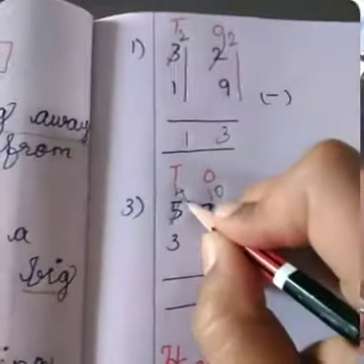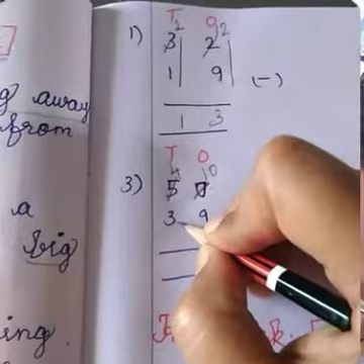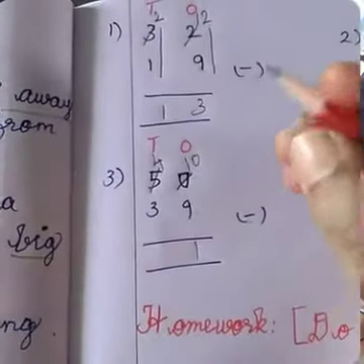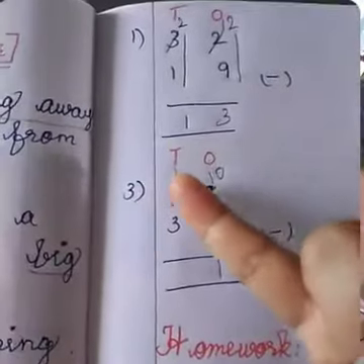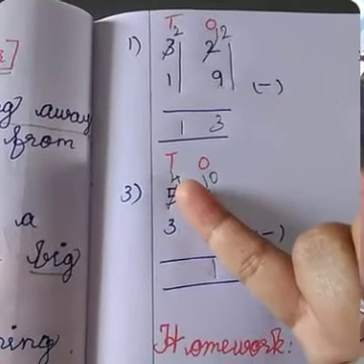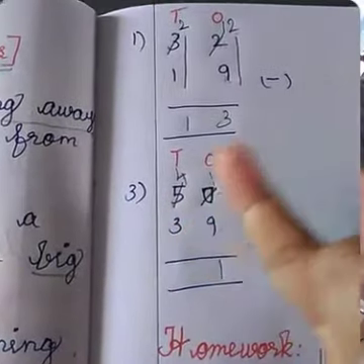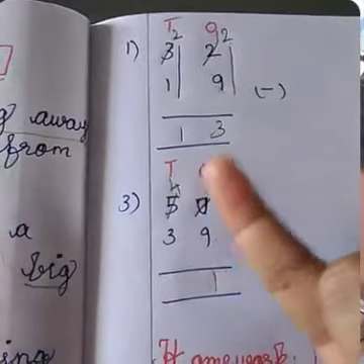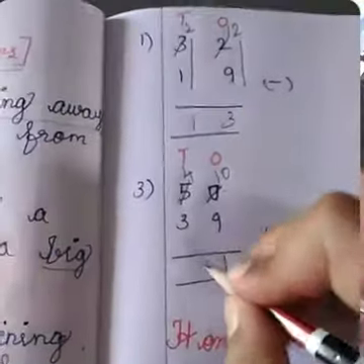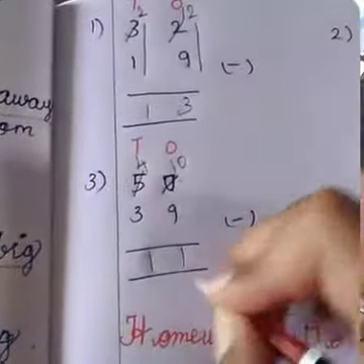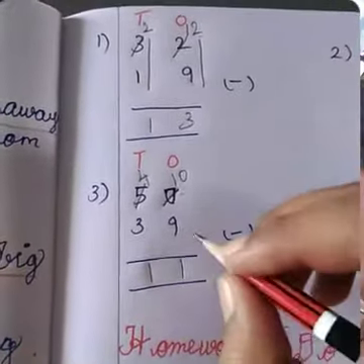Next, here 4 and here 3. Which one is small? 3 is the smallest number, so you keep 3 in your mind. After 3, you tell the numbers until you get 4. 3, after that 4, how many fingers in my hand? One finger, so the answer is 11. The remaining is 11. The remaining is called the answer.